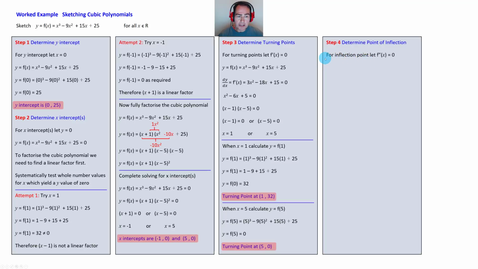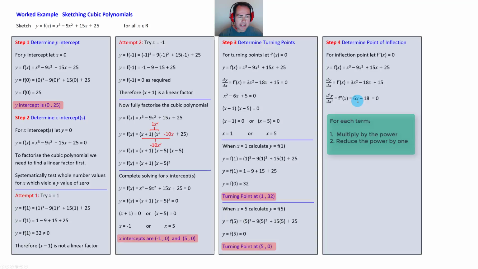However, from calculus, the condition needed for a point of inflection is that the second derivative, f double dashed x, equals 0. And this is calculated in a similar manner to before. There is the original function. We calculate the first derivative as we did over here, and we get the same answer. Now the second derivative is the derivative of this function. So we multiply the 2 by the 3 to get 6, and reduce the x by a power of 1 to give 6x. We multiply the 18 by the power of 1 not shown to give just 18, and as before